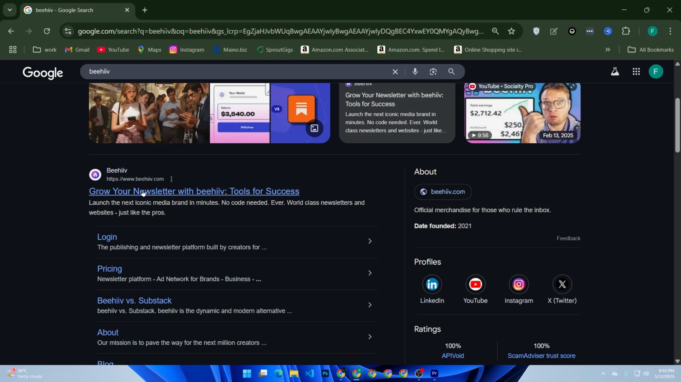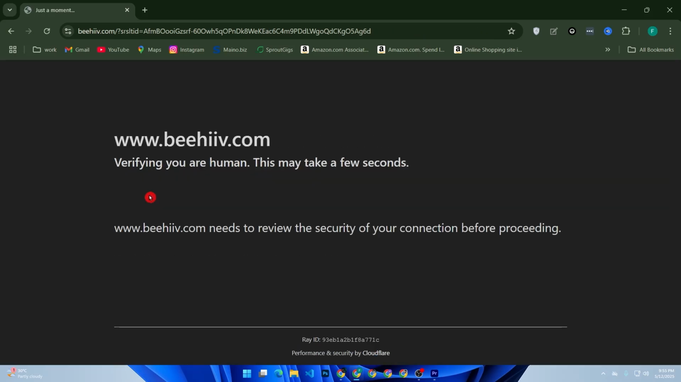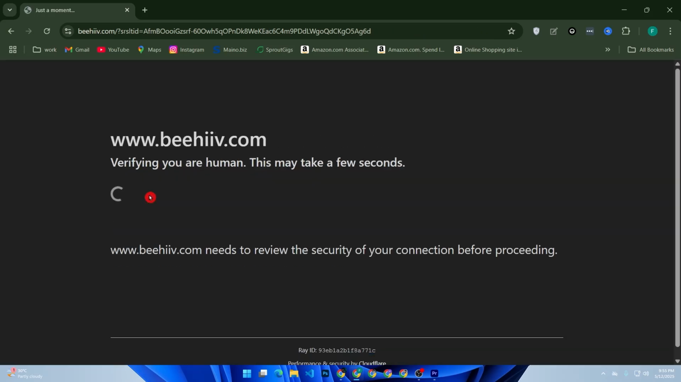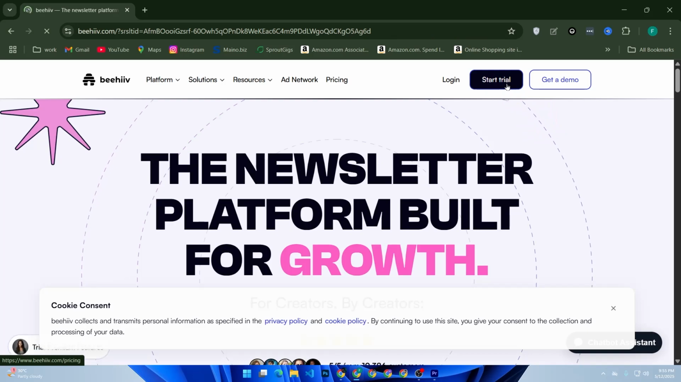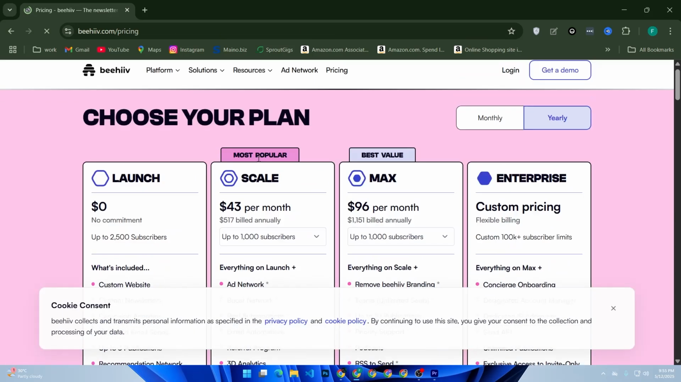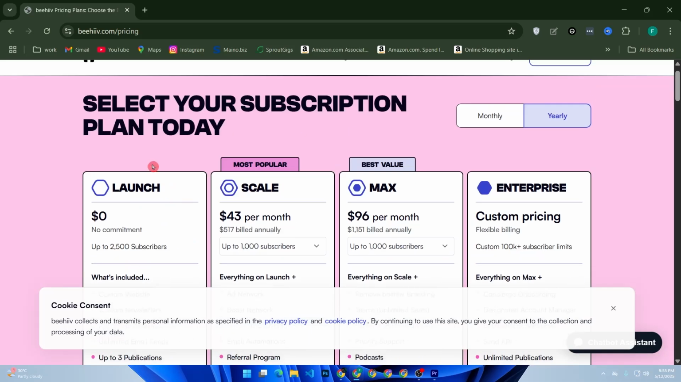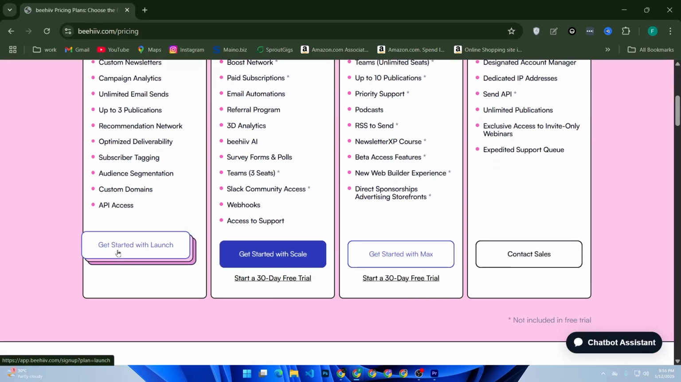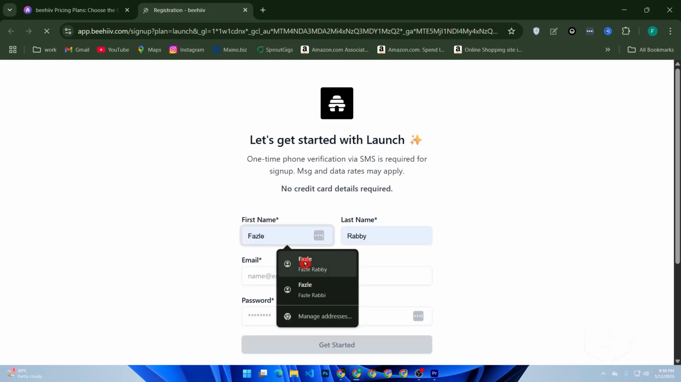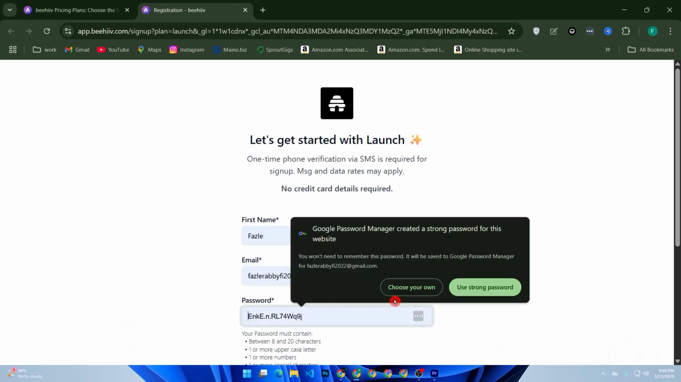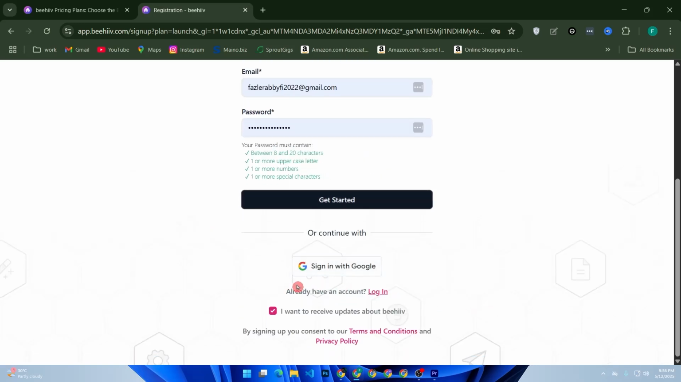Go to beehiiv.com, then sign up with your email address. Click start trial, then choose a plan from here, like launch for this tutorial, then click get started. Now enter your name, email address, and a strong password. You can sign in with your Google account. Just click get started